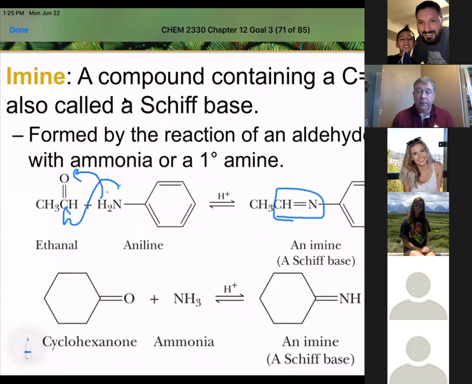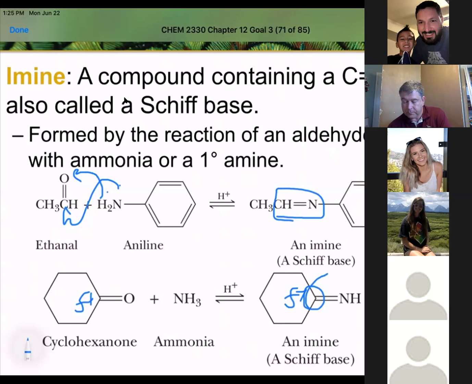Now, it forms this in equilibrium. However, the interesting thing about this is now that we have the carbon-nitrogen bond, the carbon-nitrogen bond is less polar than the carbon-oxygen bond because of the difference in the electronegativity between the nitrogen and the oxygen. What this means is that makes this carbon less partially positive than it was before when it had the ketone here. So we can actually use this to change the reactivity of our ketone or aldehyde by adding an amine to it. Okay, so, but the first step in that reaction is having our nucleophile interact with our partially positive